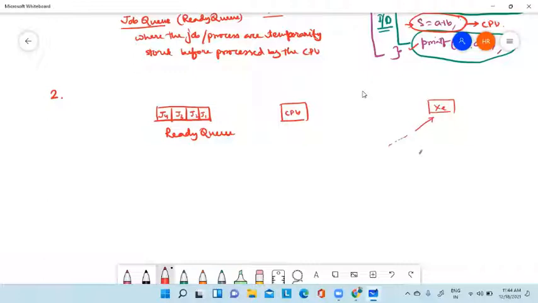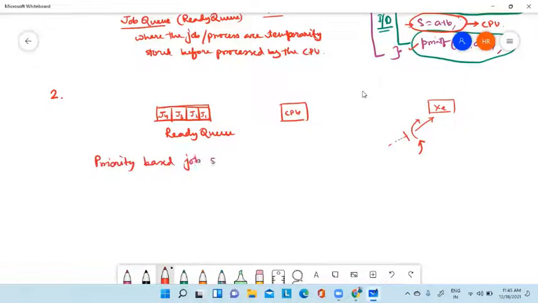But suddenly suppose one teacher came to make their Xerox copies, then what will happen? Then there will be some interrupt, and this teacher will be given preference or priority. Okay, so this is called priority based job scheduling. So what is happening in this case? This is called priority based